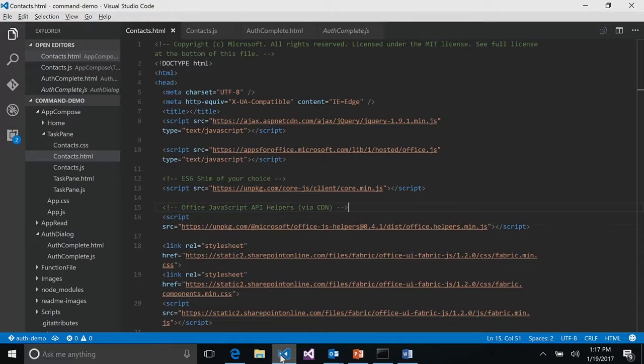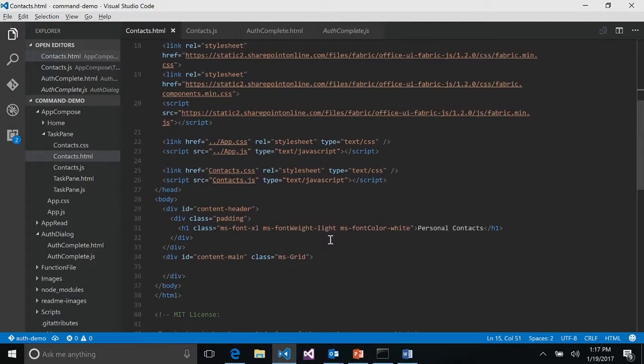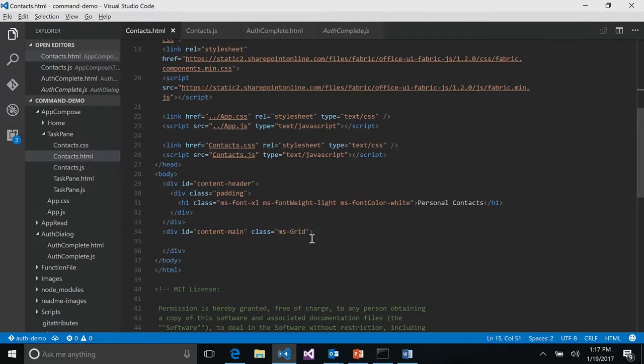This is in Office Helpers, and this is what we're going to use to actually implement the auth. And then everything down here is all Fabric, the Fabric CSS, and then there's a JavaScript file that will drive some of those more complicated controls in the Fabric. The actual HTML is very minimal here, because the JavaScript is actually going to build out that list of contacts.